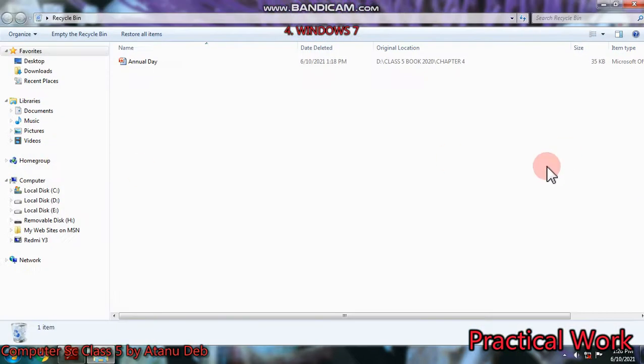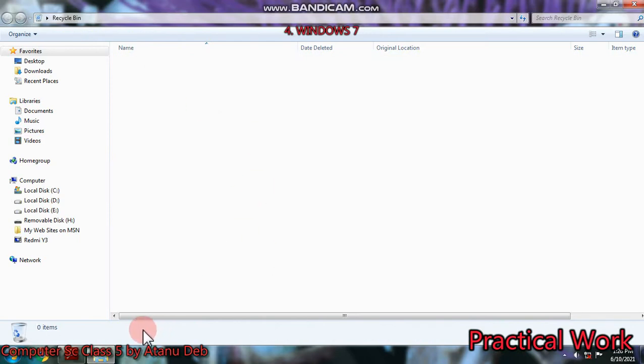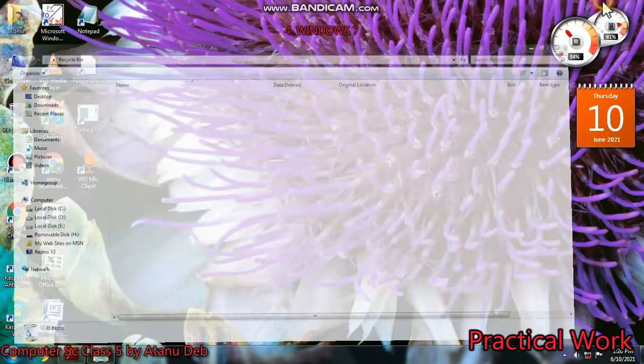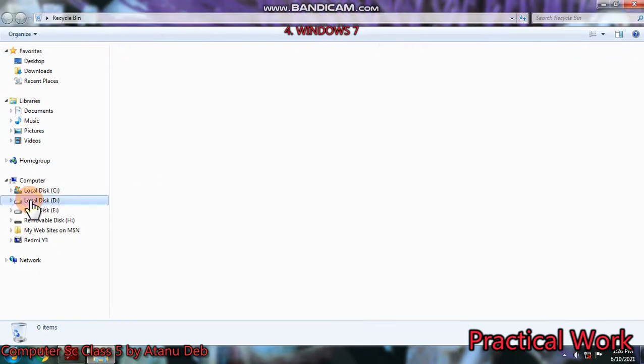So you have to double click and open the recycle bin. So as you can see here, this is the annual day file. It has got deleted from the location where it was. So what you have to do is just click on that particular file and then select this option from the toolbar, or you can right click over it and click on the restore option. So click on restore from the context menu. So as you can see, the file got restored from the recycle bin. It has now gone to the actual place. It is not here. So let us see whether it is there in the actual place or not.